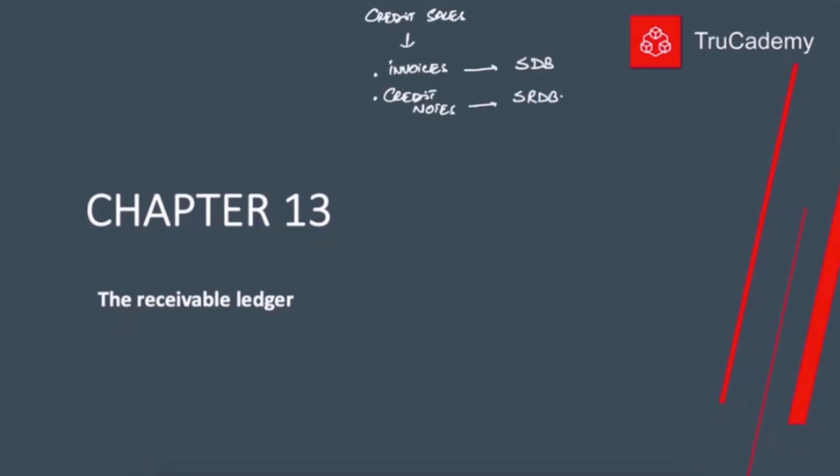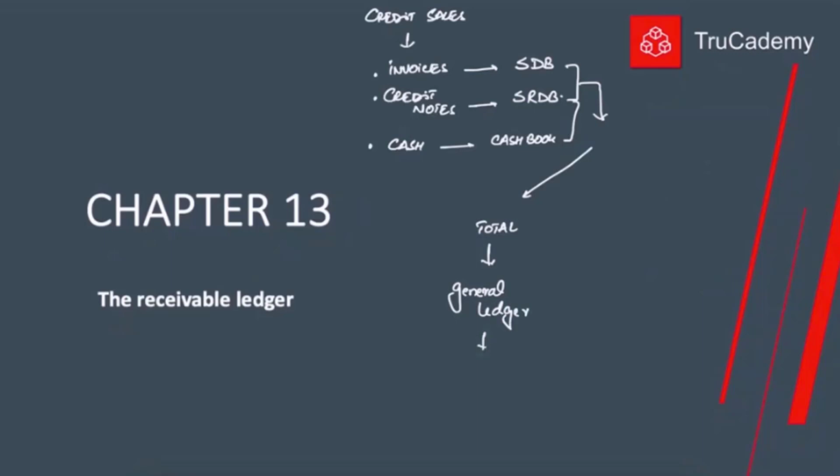And all these credit notes we will record in sales return day book. Now from these both books, and one more point, whenever we receive cash from our customers, all the cash receipts we will record in the cash book. Then from all these books,